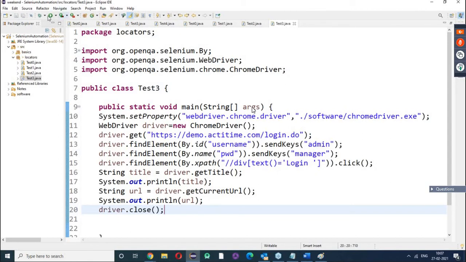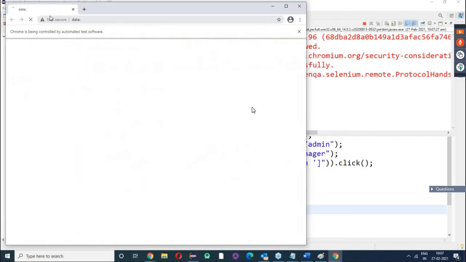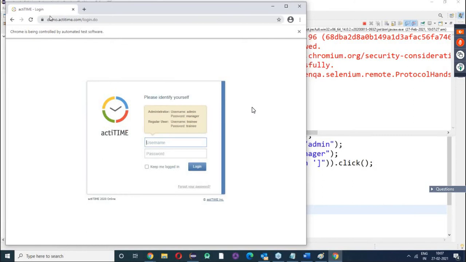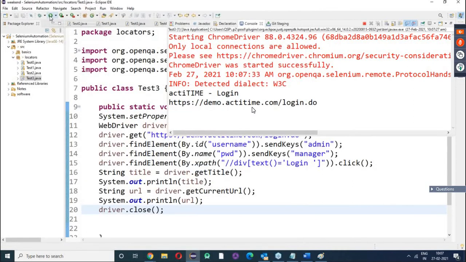Let me run the program. As per the scenario, I've written my code, now let me run it. This is launching the browser, entering the URL of the demo application. It has opened, entered username, password, and clicked on login, you got this. Okay. Did my test case pass and did all my steps get executed? Yes, ma'am. But remember,